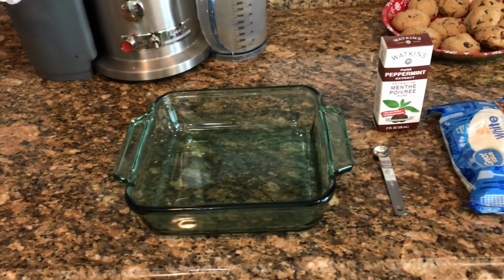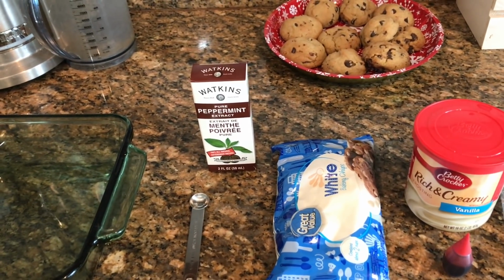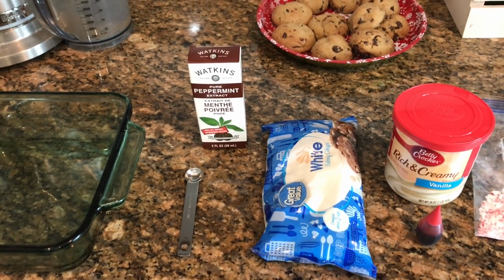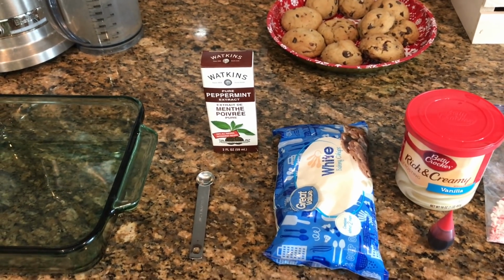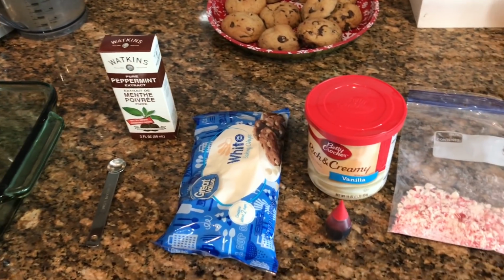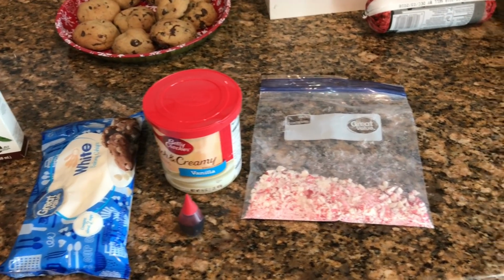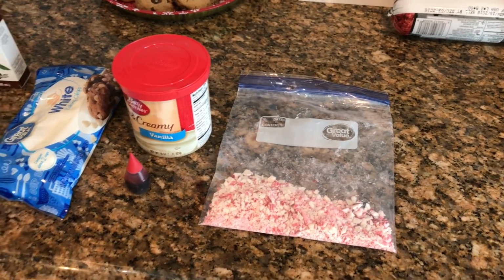And it's so easy. So first I need to get some materials, which I need a couple bowls. And I'll show you what else we need. For this recipe, you'll need an 8x8 pan and some foil, some pure peppermint extract. I know some friends that actually cook with their doTERRA also, so if you don't have pure peppermint extract and you have some doTERRA, I'm sure that will work. Some white chocolate chips or baking chips, some food coloring, some frosting, and about a quarter cup of crushed candy canes. So I'm ready. First thing I'm gonna do is put these in the microwave and melt them